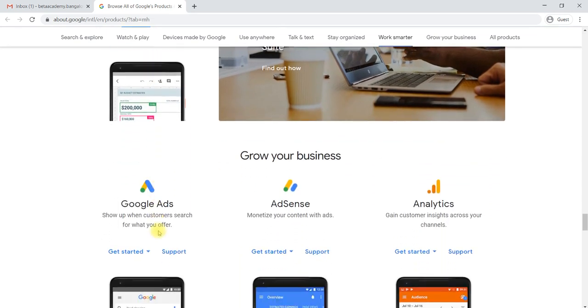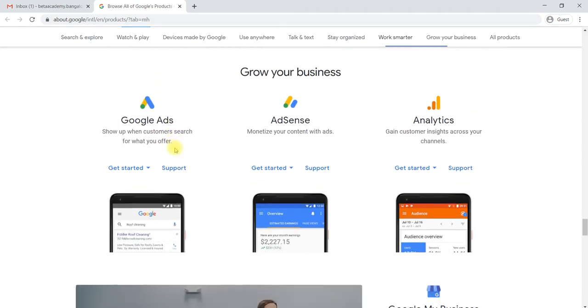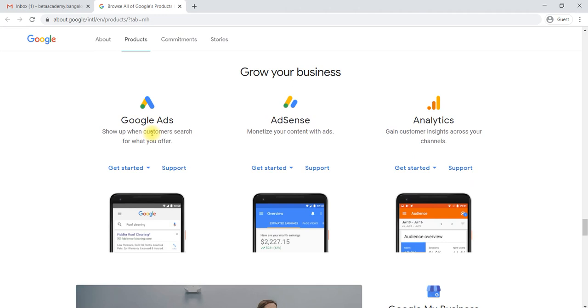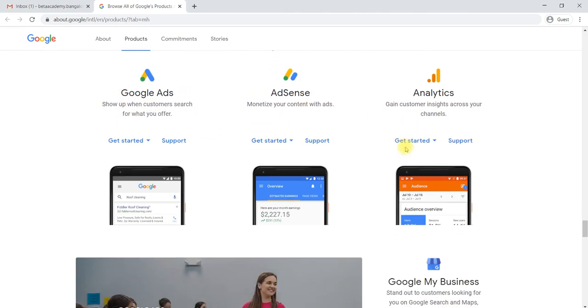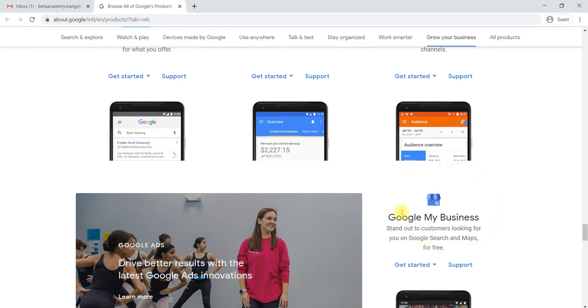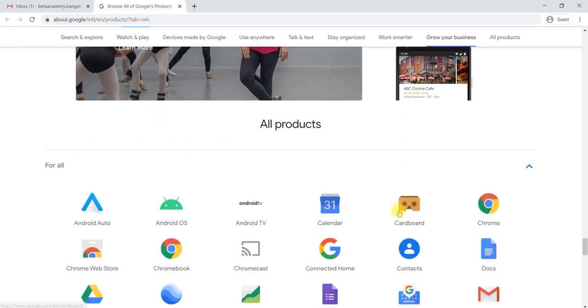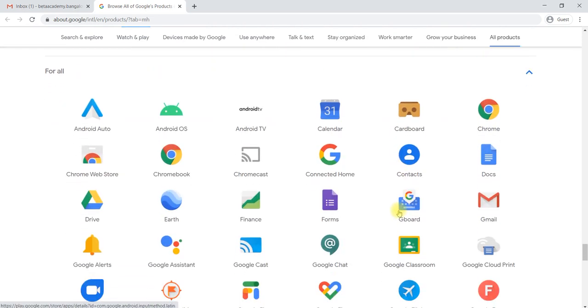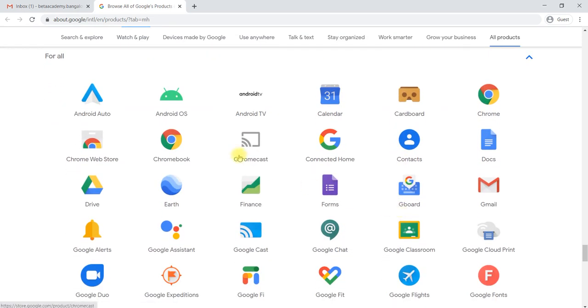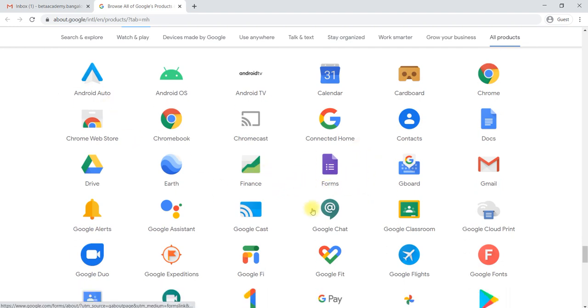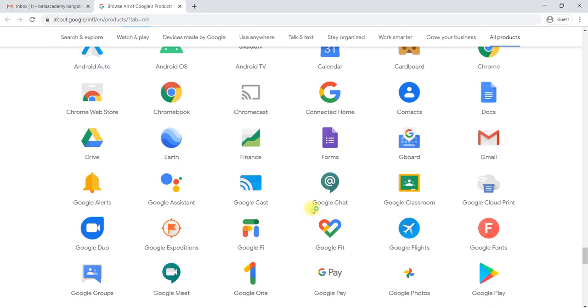Then for your business, for advertisements, we will learn Google Ads, AdSense and Google Analytics. Google My Business is for listing your business on Google Maps. Other products we will learn are Google Forms and Google Alerts, and Google Docs, as already said.